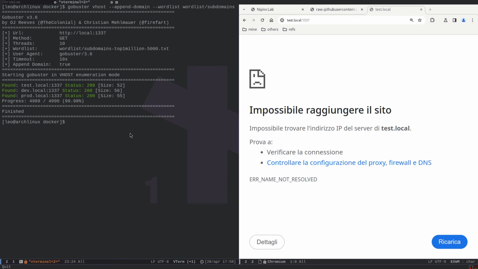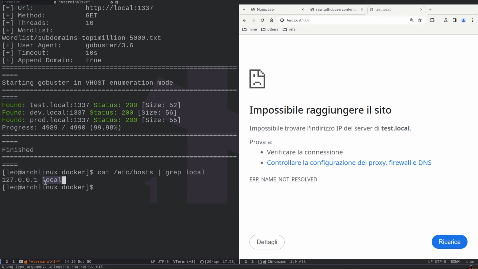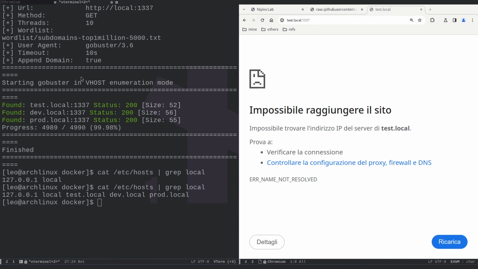Well, remember that initially we put into the /etc/hosts file the line which says, look, local is associated to 127.0.0.1. So we have to edit this file and add that, look, not only local, but also test.local is associated to this IP address. Okay, now I edited the file and essentially in the same line as before, I also added test.local, dev.local and